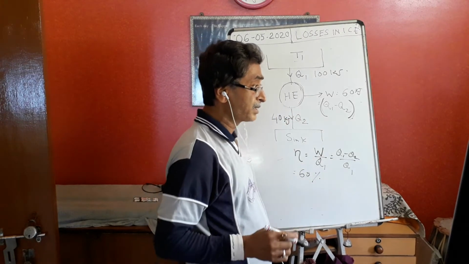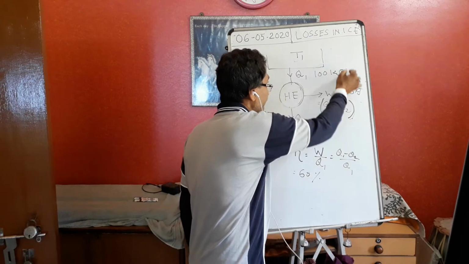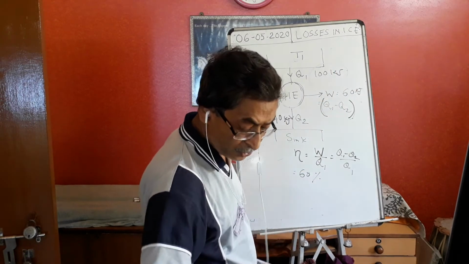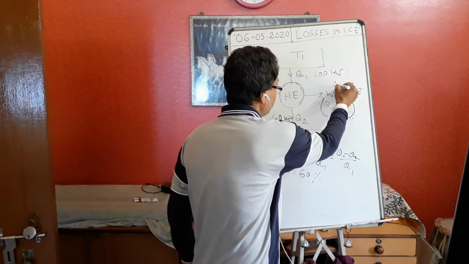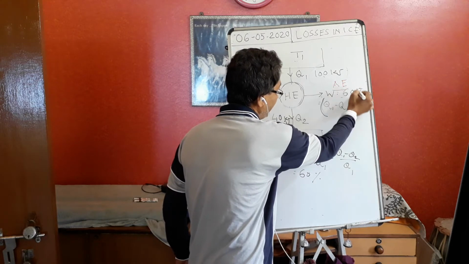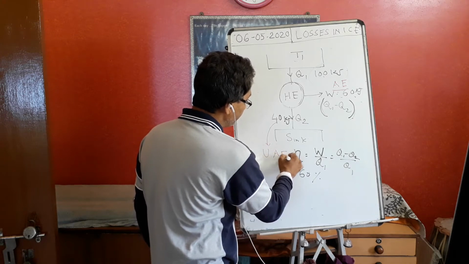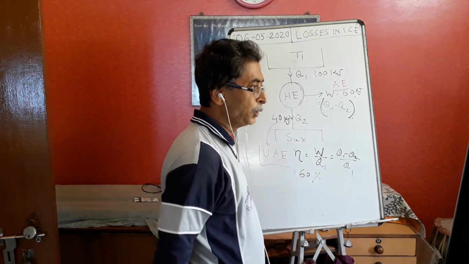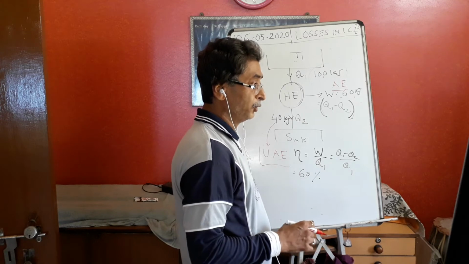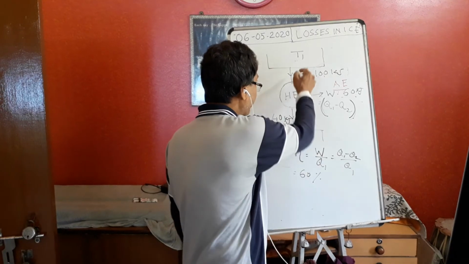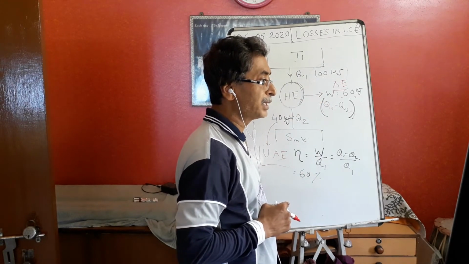This is as per the Kelvin-Planck statement of the second law of thermodynamics, that whole utilization of energy cannot be done. The 60 kilojoule we are using is called the available energy. And what is the unavailable energy? This 40 kilojoule cannot be utilized, because it has to be removed to the atmosphere. There is no device which will take 100 kilojoule of heat and produce 100 kilojoule of work. That is called a perpetual motion machine of the second kind.